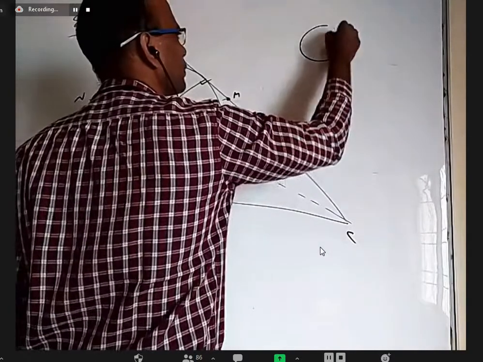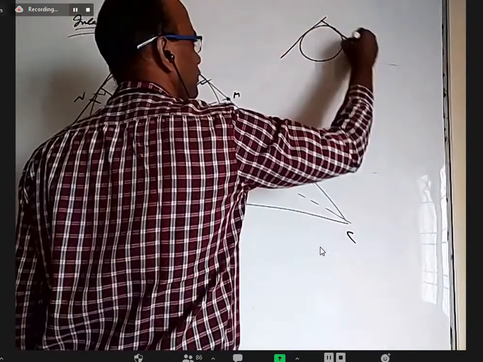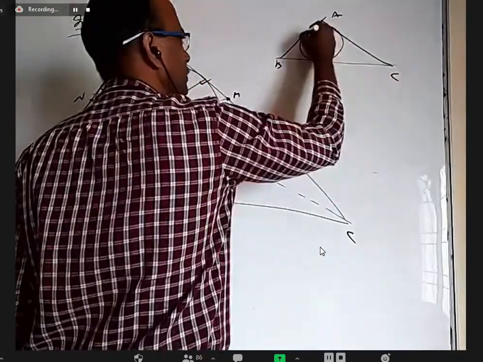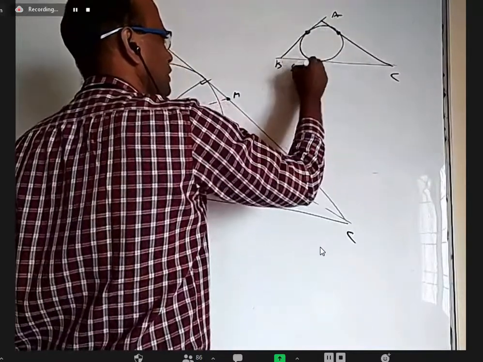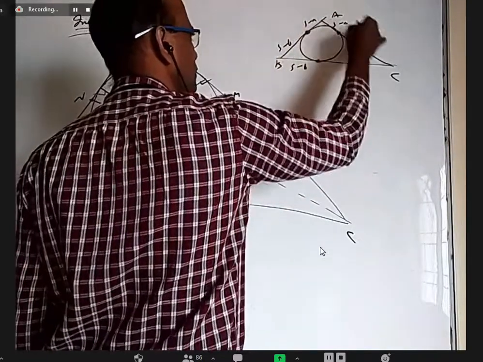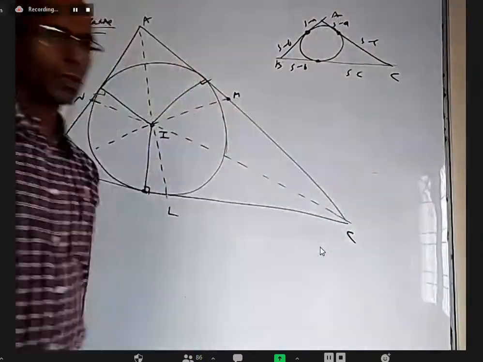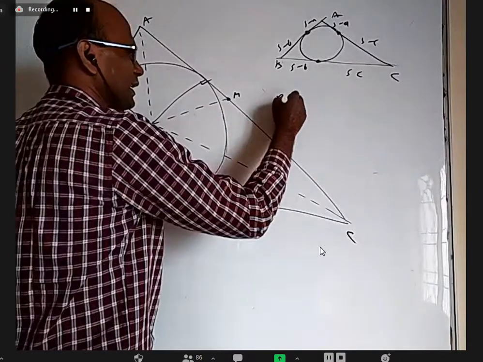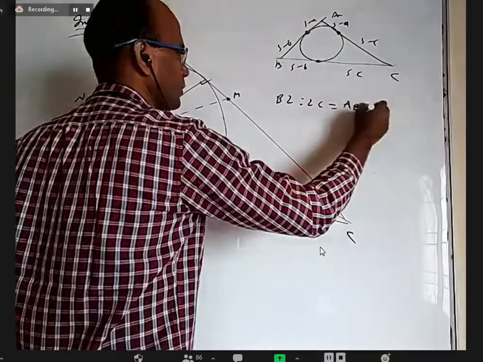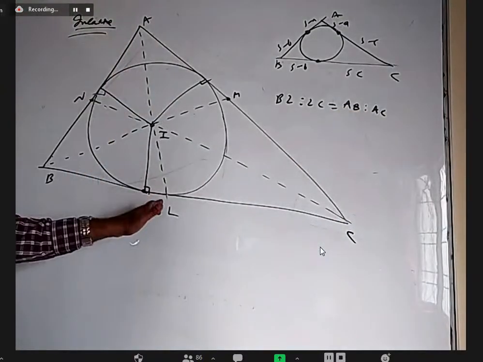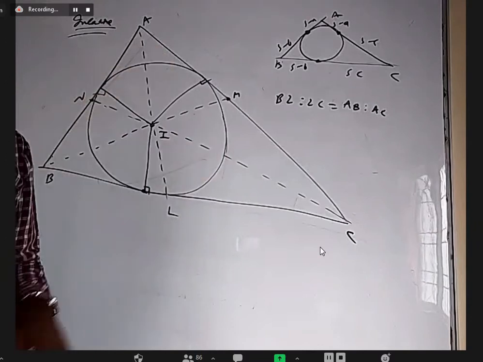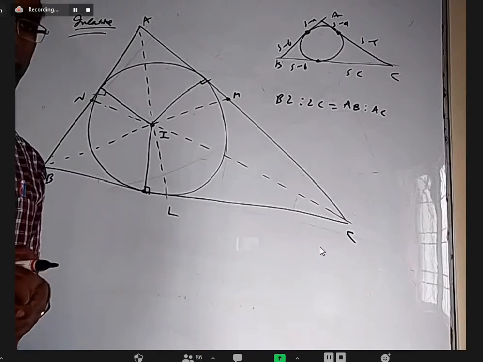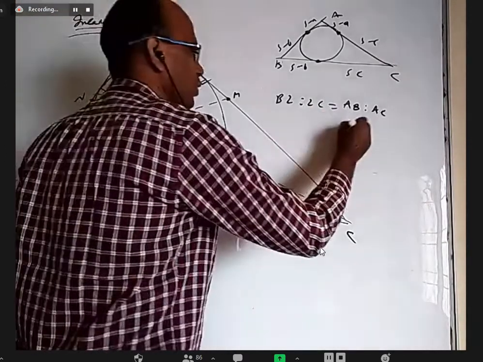Sir, BL is to LC equals AB is to AC. Yes, we know the angular bisector theorem, you are right. So one point is about those lengths, which we proved. Now coming to this, we all know BL is to LC equals AB is to AC. The angular bisector divides the opposite side in the ratio of the adjacent two sides. Even while finding the incenter formula in the 2D coordinate system, we used it. This is small c is to small b.